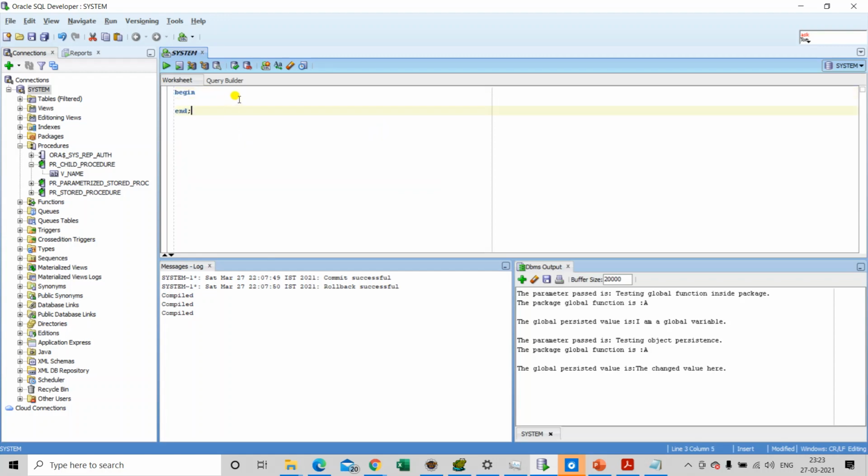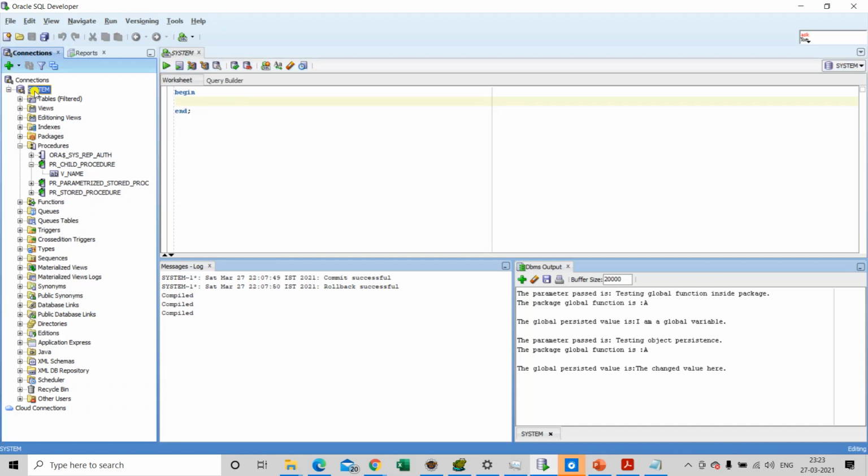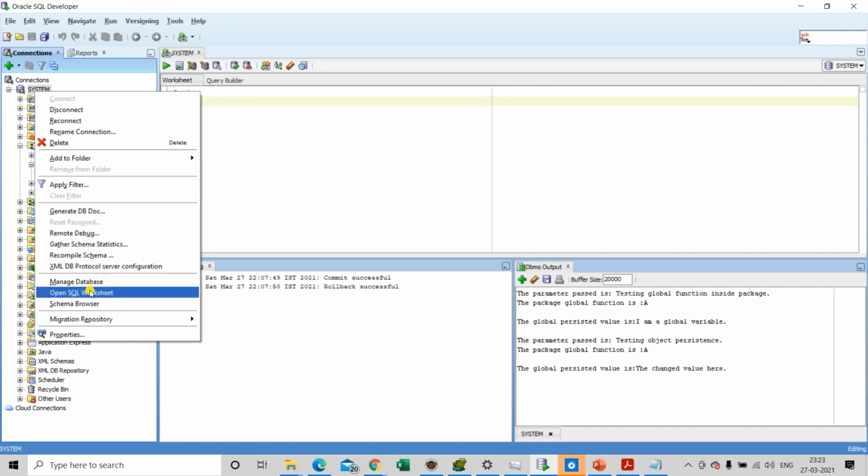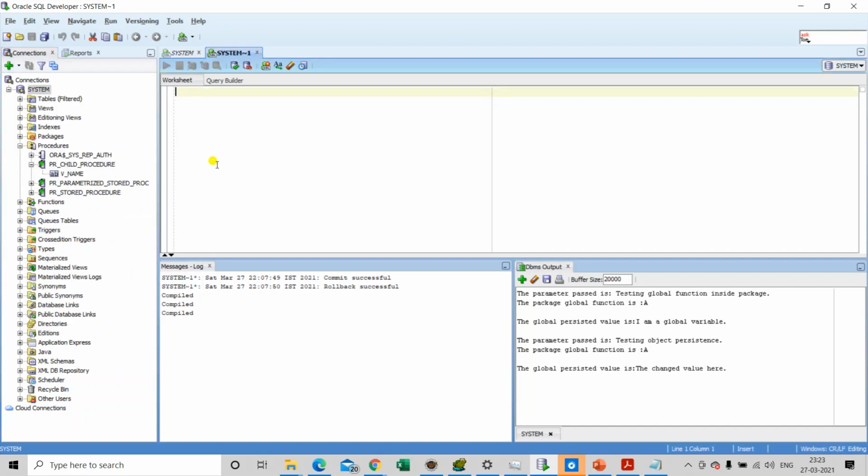Let's use an anonymous block to declare an implicit cursor. First we need to create one table from which we will be retrieving our records.